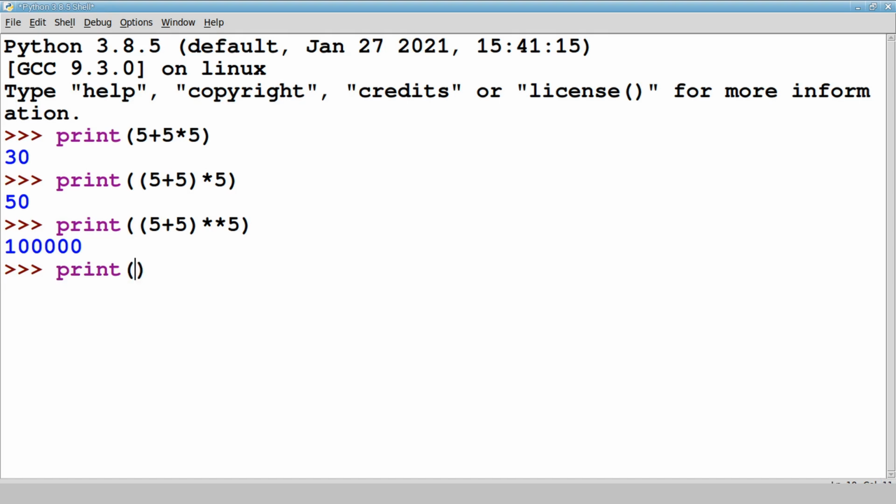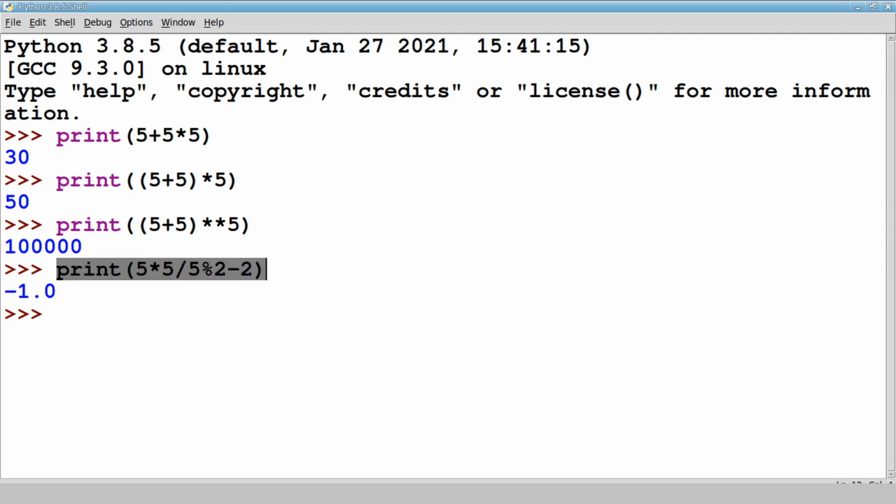Let's try one more example which contains multiplication this time. Let's see multiplication, then division, then one more operator, that is modulus, and then let's have 2 plus, instead of plus let's see minus 2. So the result is minus 1.